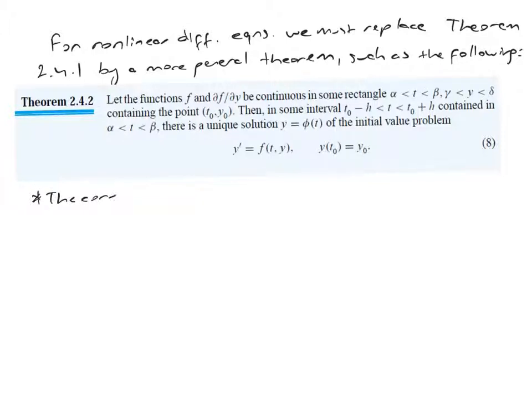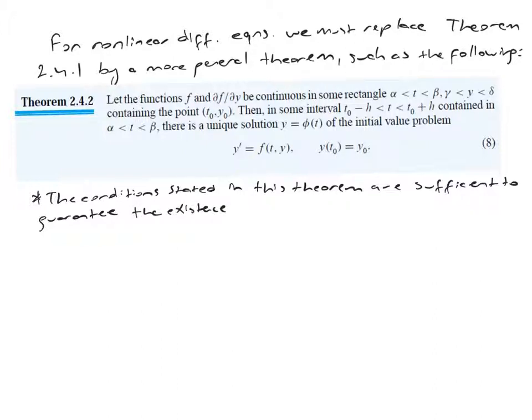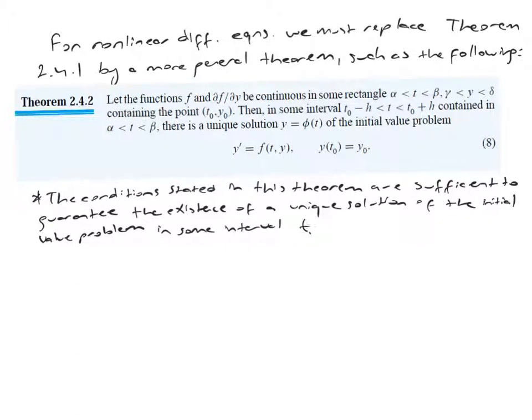The conditions stated in this theorem are sufficient to guarantee the existence of a unique solution of the initial value problem in some interval between t sub 0 minus h and t sub 0 plus h, and the existence of a solution